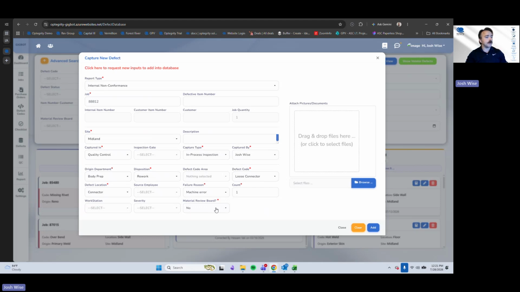And then the last required field is the material review board. We can choose whether or not this defect is significant enough that it needs to go before the material review board. And again, this is all based on whatever quality process you have in place. So maybe if something's over a certain dollar amount, it needs to go before the material review board. That's, again, up to the site and how you want to set your process up. So we've captured this information. Oh, we have one more bit of information we can capture,